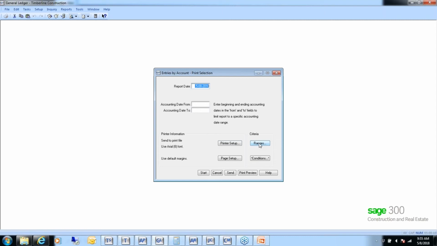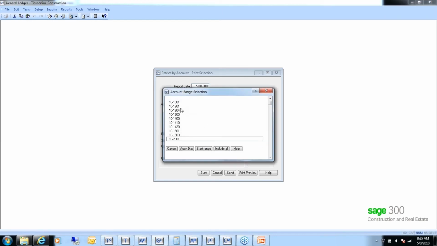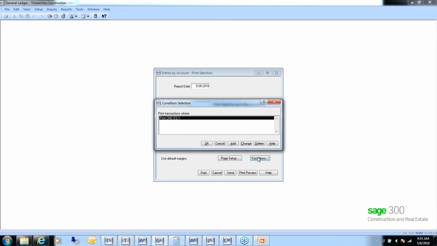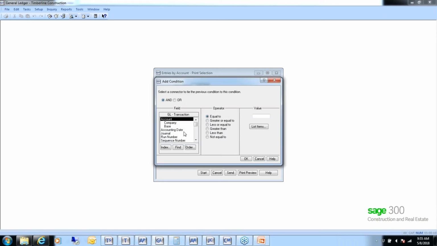Let me come back to GL for a second. If you run reports, entries, again, entries by account, and this time run it on the current file, if you are looking for your out of balance for AP, what I would recommend is use the ranges button, select your AP account or accounts, then use the condition button,